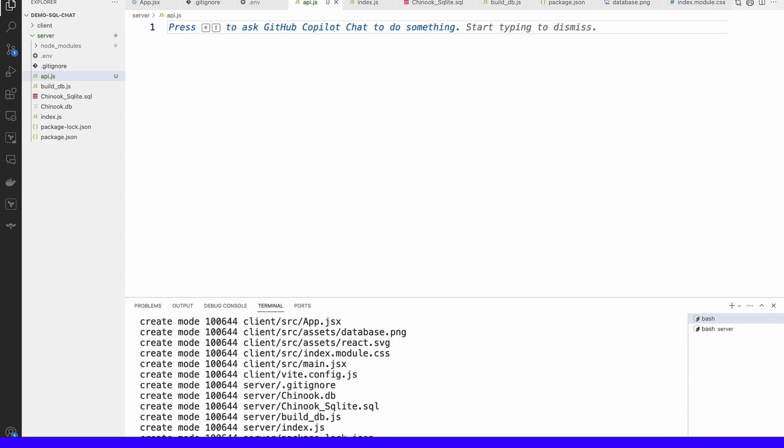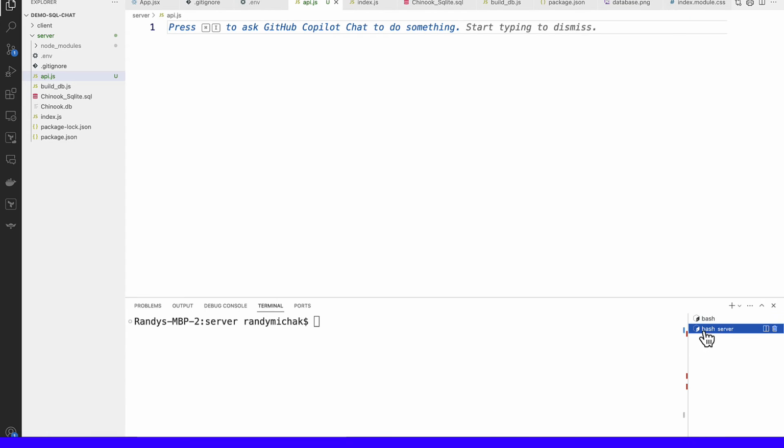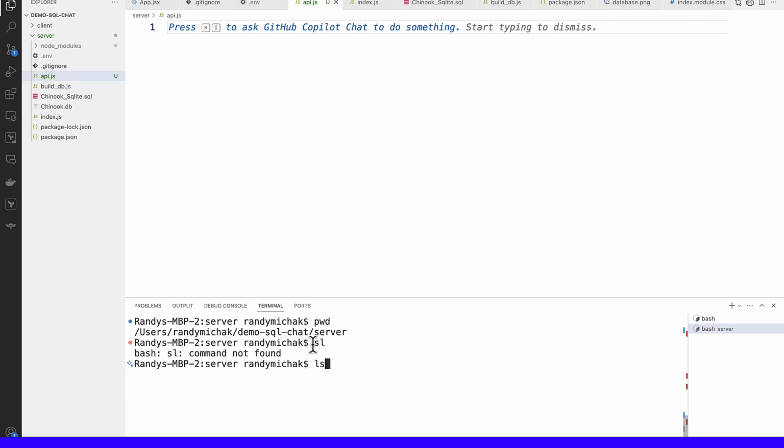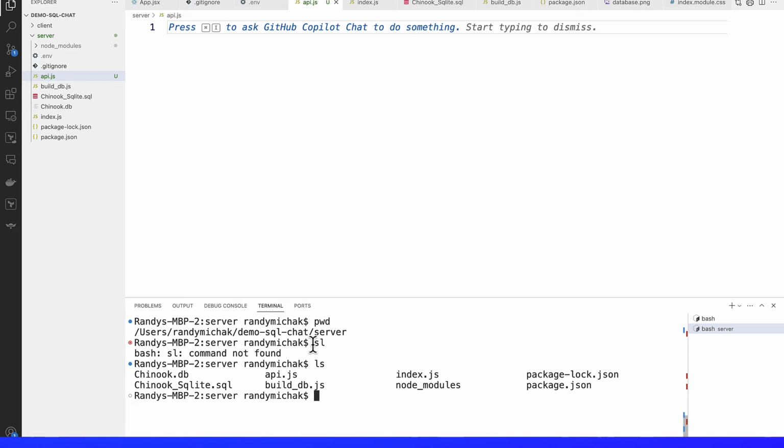And there's a couple things that I just realized we don't have installed. Let's go ahead and install them now. So we're going to need a couple additional packages here. First off, let's go down to our server terminal window. Make sure you're in the server directory. All right, and we're going to do an npm